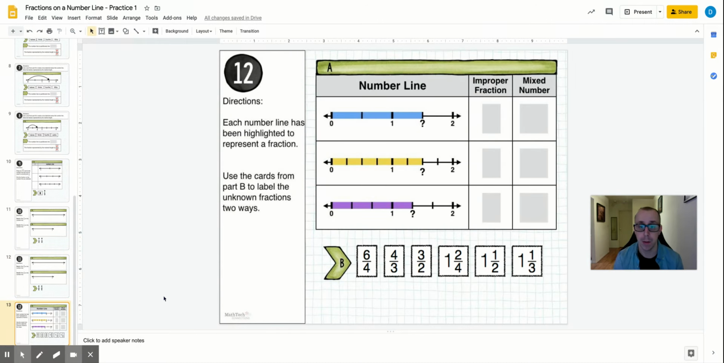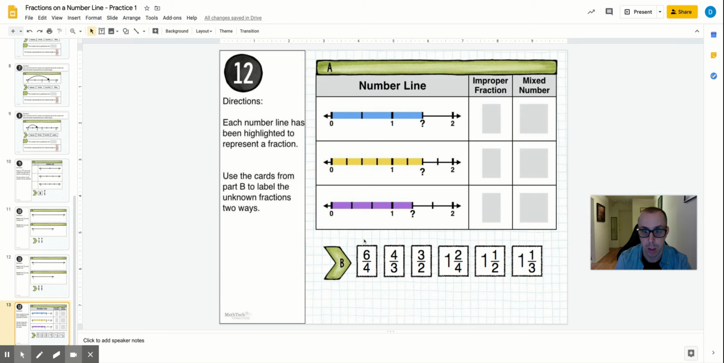Okay, be very careful because all of these go beyond 1, okay? So now you're going to see something new here that we haven't talked about, and it won't be on your test, but I might as well talk about it now. We're looking at improper fractions and mixed numbers. Improper fractions are when the numerator is greater than the denominator. So here we have